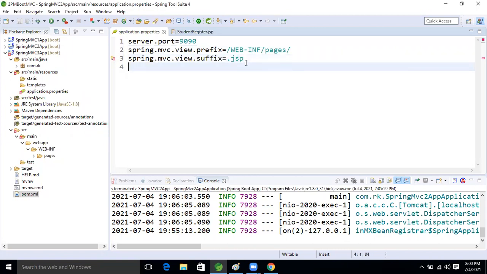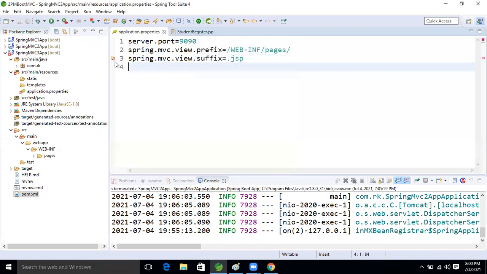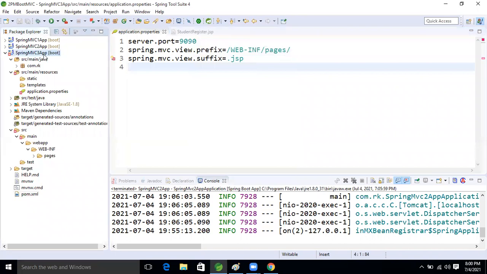Something error we are getting, guys. See, this red mark is there, right? In 1 minute I will update the project.